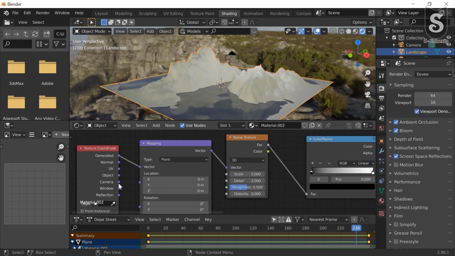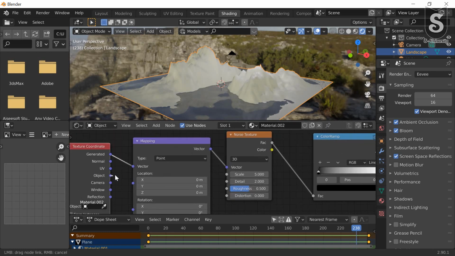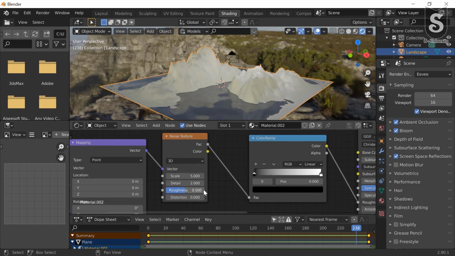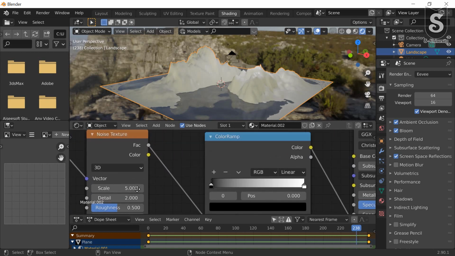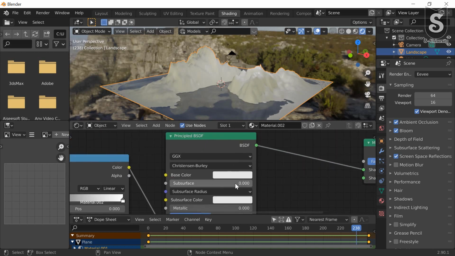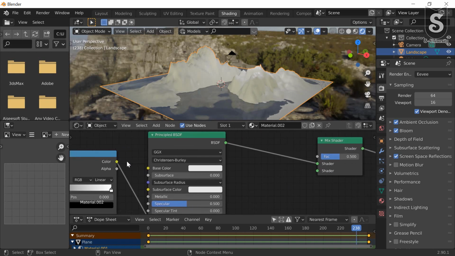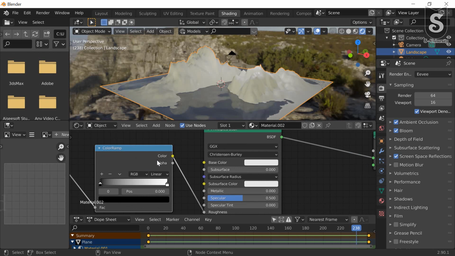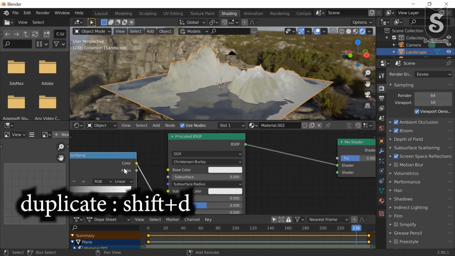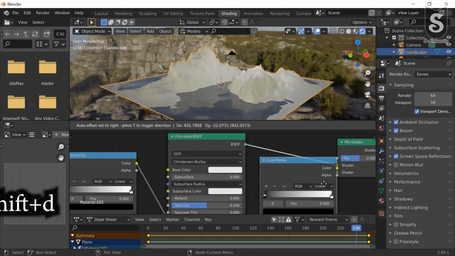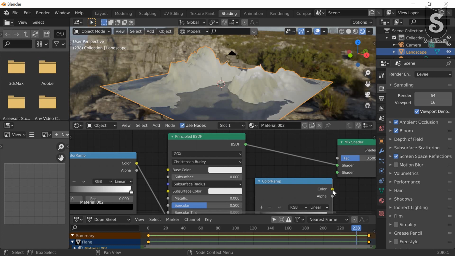Now change generated to object in our mapping. Duplicate this color ramp by Shift D. Place it here and connect with second shader.